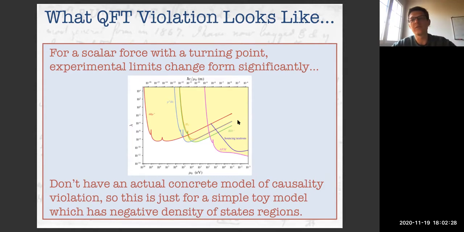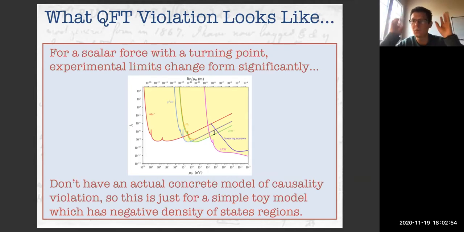But if you find that these forces really are scalar, coming through scalar operators, and you find that they turn over, they change from being attractive to repulsive and things like this, then what you would observe in experiments, your limits under those sorts of assumptions, would look like this. So the phenomenology would be very different, and the interplay between which experiments are most important would actually change.